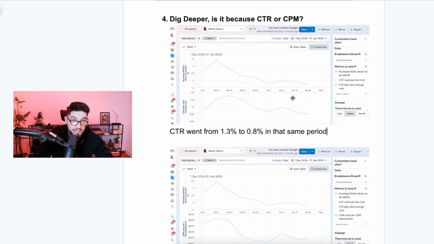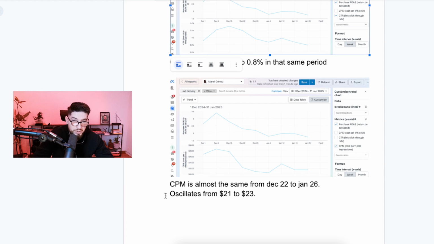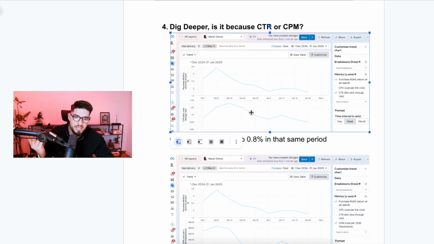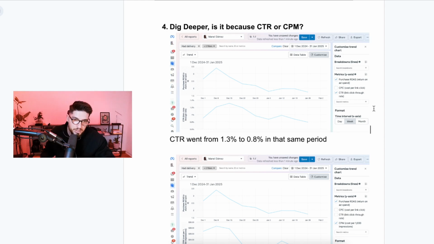Okay, seems like this is the bottleneck. Let's check the CPM. The CPM is almost the same from December 22nd to January 26th. It's oscillating from $21 to $23, so let's forget about it. It's not the CPM. It's probably the CTR. I've got a problem in CTR, okay? So